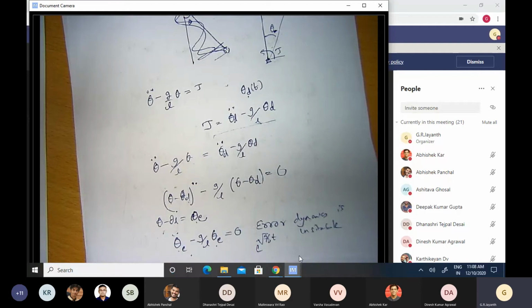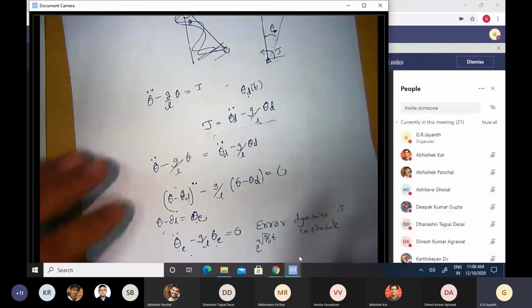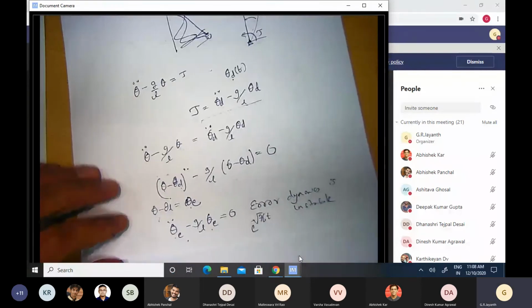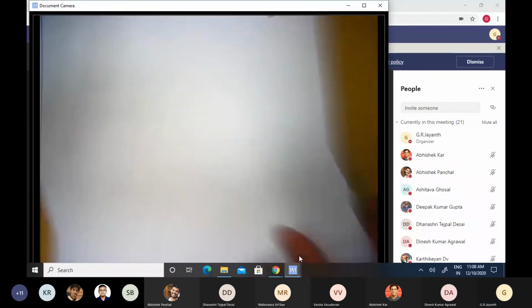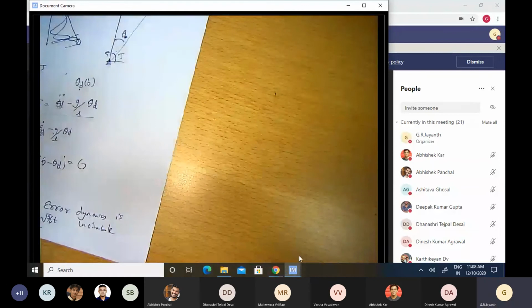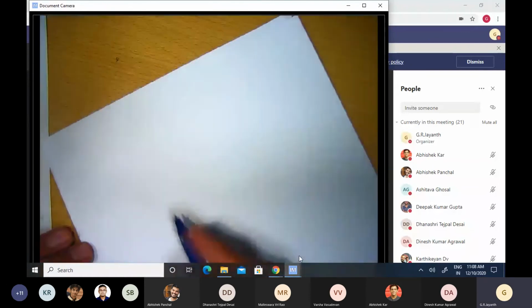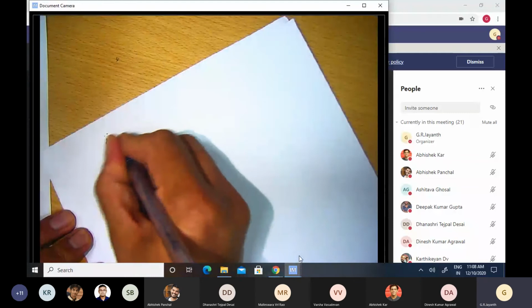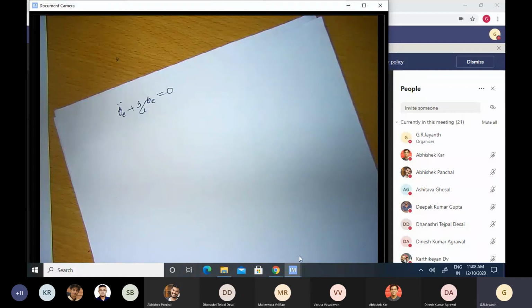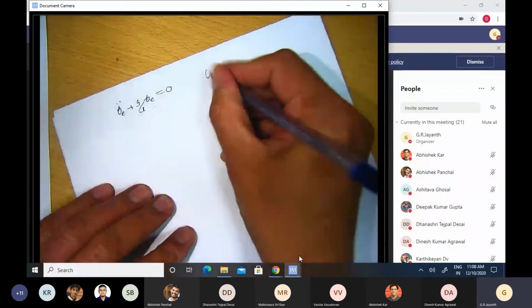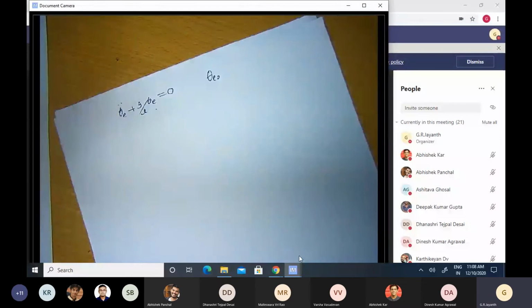Okay. So on the other hand, let us say I had the pendulum pointed down in its conventional configuration. What would the error dynamics look like? I'll not do the intermediate steps. It will be of the kind theta e double dot plus g by L theta e equal to 0. And it's a marginally stable system, right? So if there is some initial error, theta e naught, then that theta e naught will not disappear as function of time. It will just persist. Okay, but this is definitely better than what it was before.